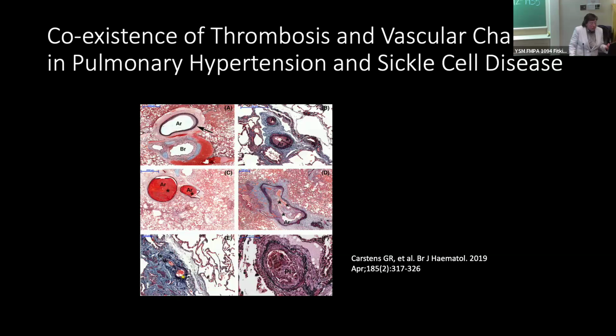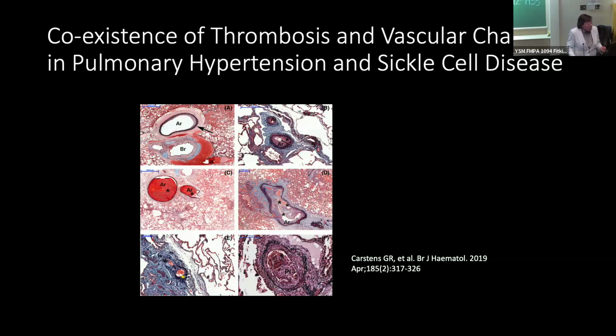I've gotten interested in PH in this space because of autopsy studies in this population. If you do autopsies of the lungs of people who die with sickle cell disease of any cause, their lungs are always abnormal. And what you see is pulmonary arteriopathy. So in figures B and A, you're seeing medial hypertrophy, and a plexiform lesion, the pathognomonic lesion of PAH, in figure F, and then thrombosis, both acute in figure C and chronic in figure D.